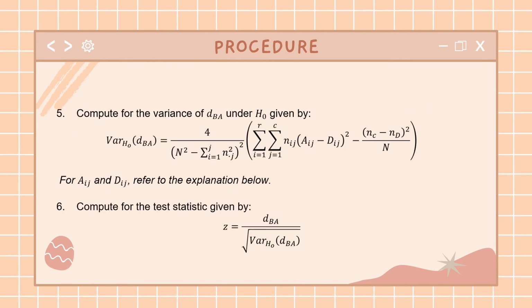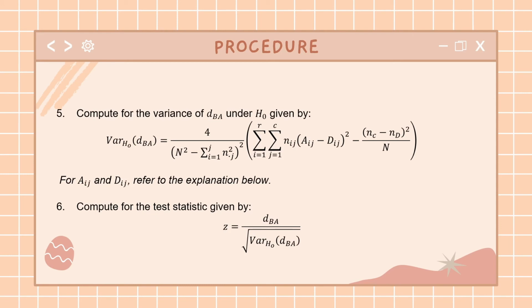So, for the fifth one, yung procedure na ito, compute for the variance of DBA under H0 given by ito. So, medyo intimidating nga yung form na ito, pero ito yung variance niya. And moreover, medyo i-expand pa to yung Aij at Dij. And for the sixth part ng procedure,